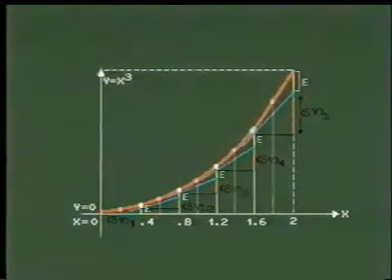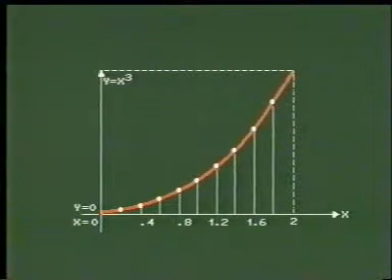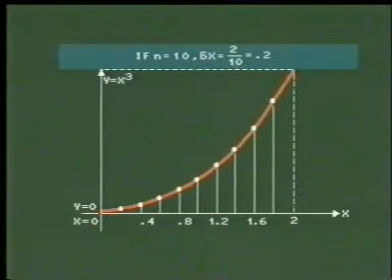If the number of divisions n is equal to 10 and delta x is equal to 2 over 10, which is equal to 0.2,